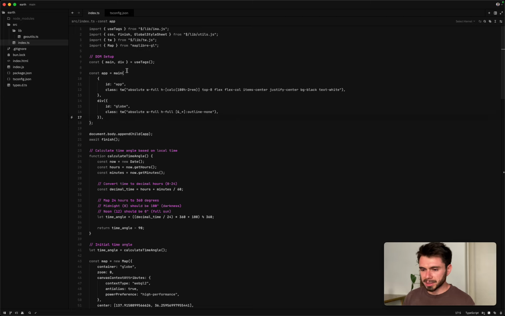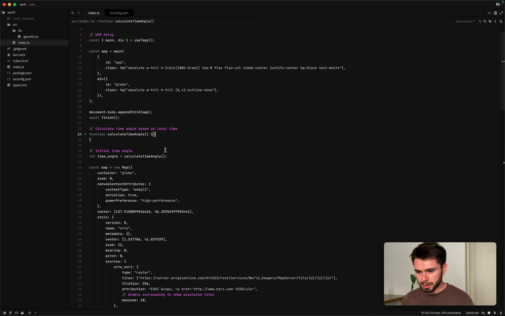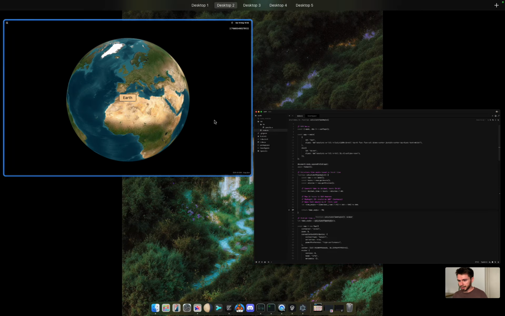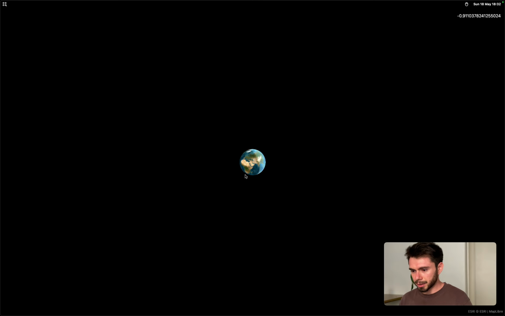So again, it's very simple setup. We have this main element, and then we append it to the body. We wait for it to mount, and then I create some other stuff like this utility function to calculate the atmosphere